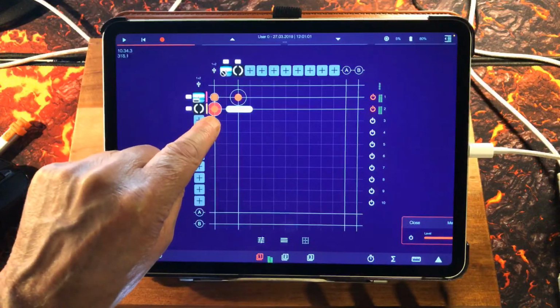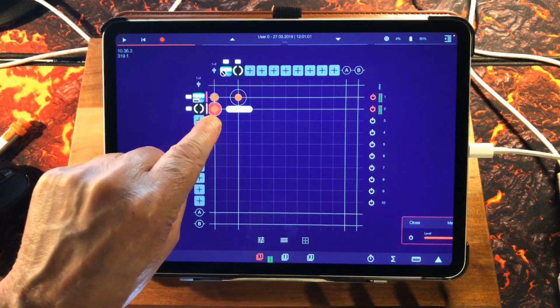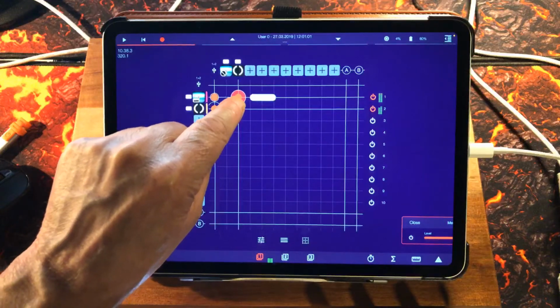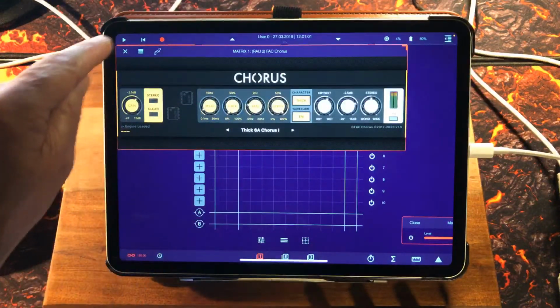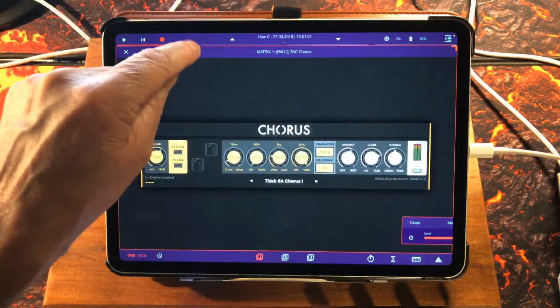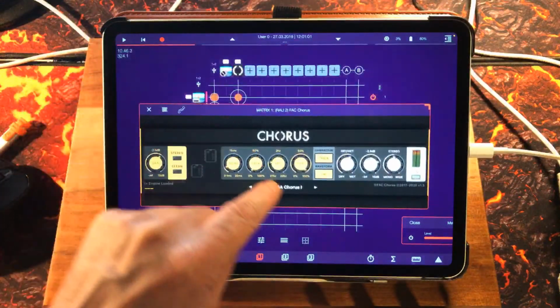And we can turn the level of the chorus up and down. Or we can then go in and change the preset. We can double tap to make it full screen. Not much point in FAC Chorus to do that, but